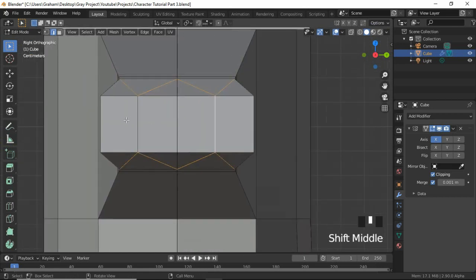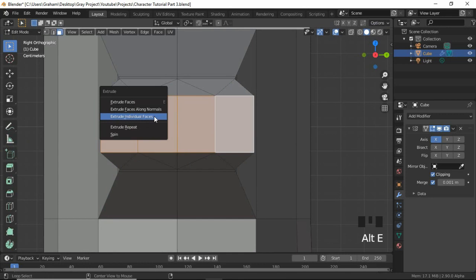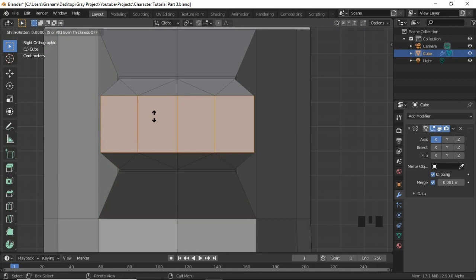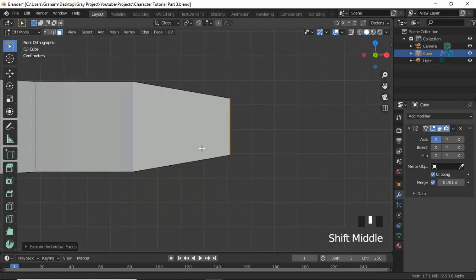Let's press 3 to go into face select mode and select these 4 faces like that. And then let's press Alt E, and we want to extrude them, but we don't want to extrude them as one. We want to extrude individual faces. So we're going to select individual faces. Wait, let me just right click and press numpad 1, numpad 1 to go into front view,